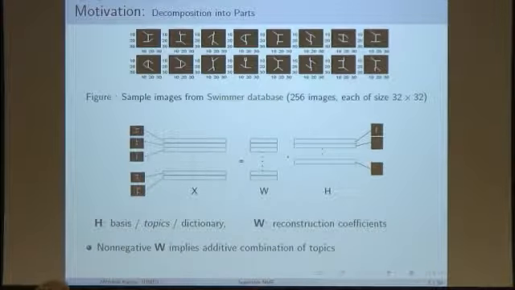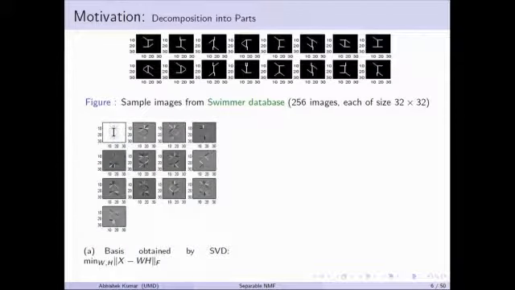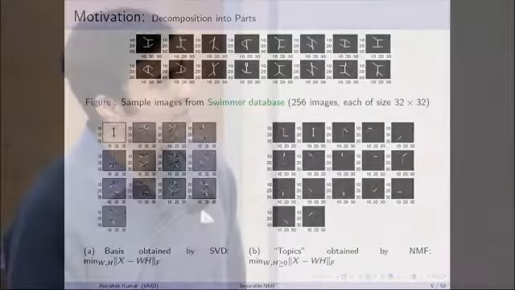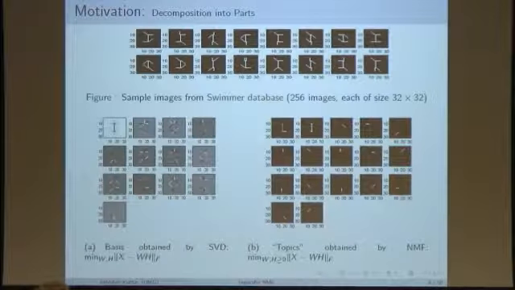On the other hand, if we don't have non-negativity on W and H, in that case we can get a low rank factorization using SVD as well, which is optimal in terms of minimizing the Frobenius norm between X and W times H. So let's see what basis we get using SVD here. This is the basis we get using SVD, and again each basis image is a row of matrix H which I have reshaped to display as an image. So here you can see the topics are not very interpretable. Now as soon as we put non-negativity constraints on W and H, we get interpretability in topics. So you can see that every image in the database here can be generated by adding all these topics, and we also get sparsity in the representation because